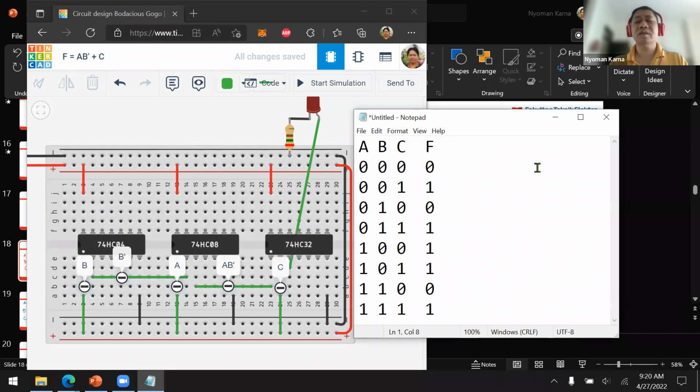Is this correct? Let's try to find it out. Let's say this one A, B naught.